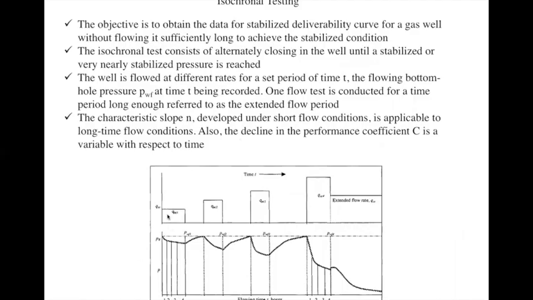Suppose you are flowing at a rate of qsc. Now at t equal to, suppose, 2 minutes, you just observe this pressure from here. The flow rate is constant, so don't worry about flow rate. Just measure the pressure at time equal to 2 minutes, or 2 hours, whatever is comfortable to you. Again, if you go to another flow rate, for the same 2 hours or 2 minutes, you just take the pressure value from this graph.